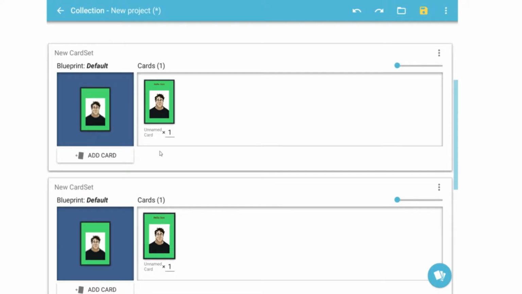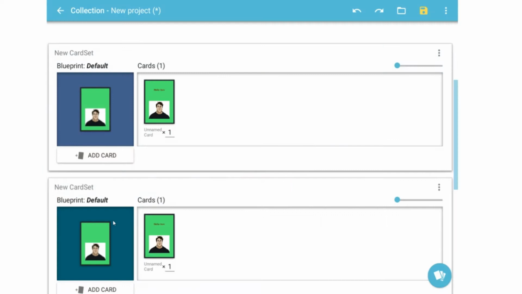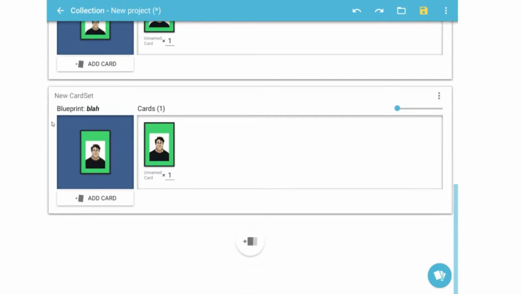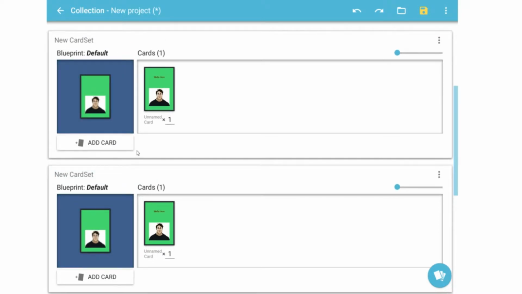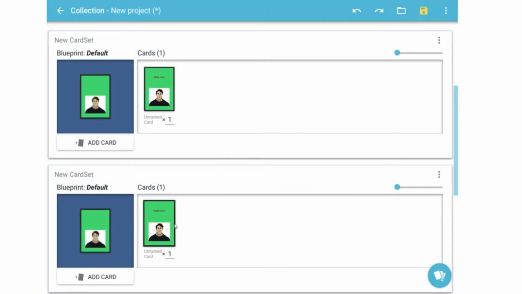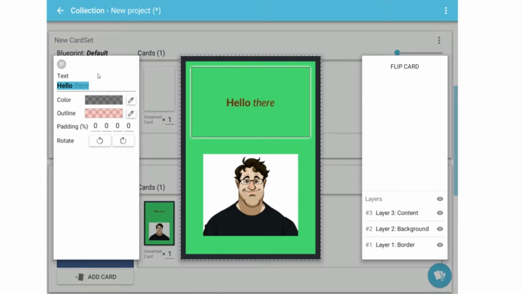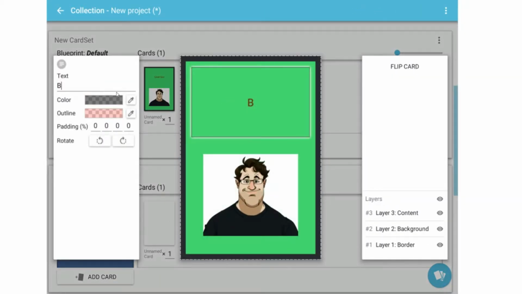So now I have 2 card sets here, and if I change this blueprint, I'll change the other one too, yep. And will it change the linked one? Nope. Okay, so this one, blah, stayed fine because it's using a different blueprint. But these are both using default, and these cards are both the same like that. So anything I do on this one will be replicated to this one, which will be replicated to these cards. But I could, if I wanted to say, you know, good guy, and change the background of the good guy is going to be green, and this is going to be bad guy, and of course that means the